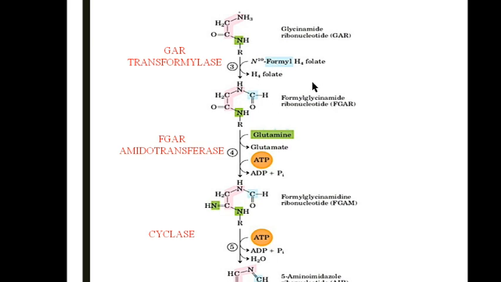That means in the third step there is addition of a formyl group. In the fourth step, again there is addition of glutamine, which is going to contribute another nitrogen atom of the purine ring, by the amidotransferase. Now the fifth step is a very important step, because the ring closure takes place at this junction, and there is a requirement of energy for the ring closure, which is catalyzed by the cyclase enzyme, resulting in a compound called amino imidazole ribonucleotide. At this AIR formation, there is a cyclization and ring closure.